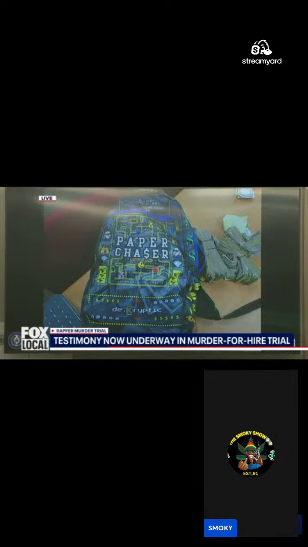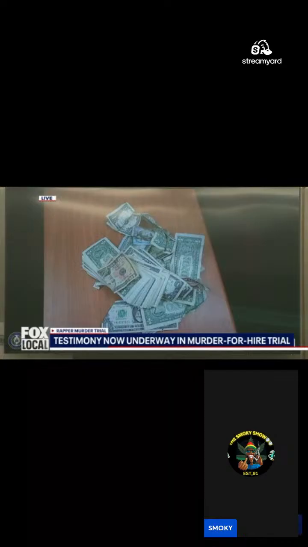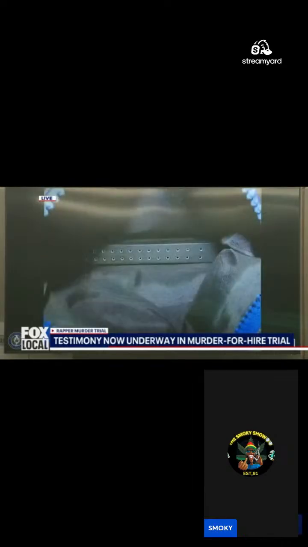State's Exhibit 662, this is where I opened the bag. As you can see, there are clear baggies and a $100 bill. State's Exhibit 663, that's just a close up of the backpack that was found. State's Exhibit 664, more U.S. currency. State's Exhibit 665, more U.S. currency found in one of the bags within the backpack. State's Exhibit 666, a high capacity magazine for a Glock pistol that was also found inside the backpack.